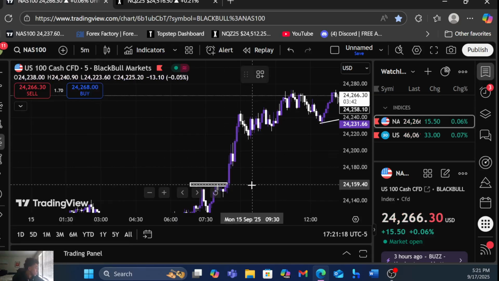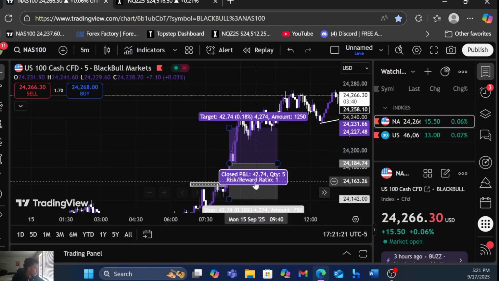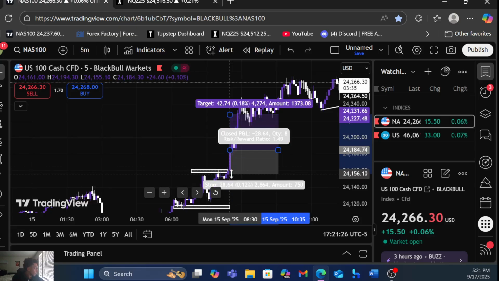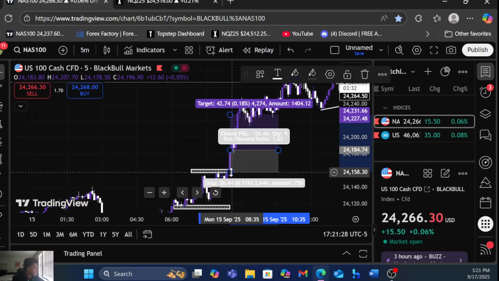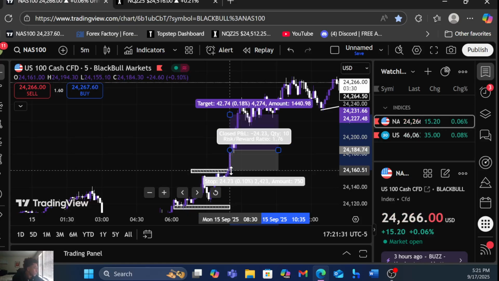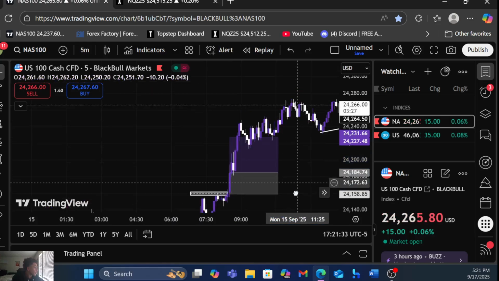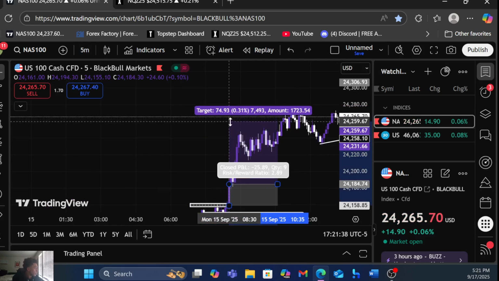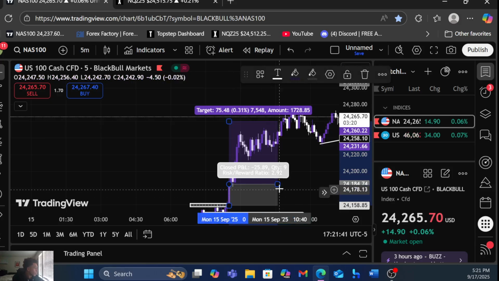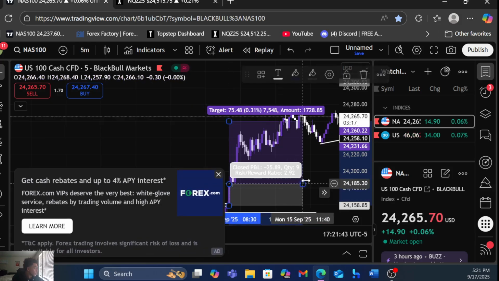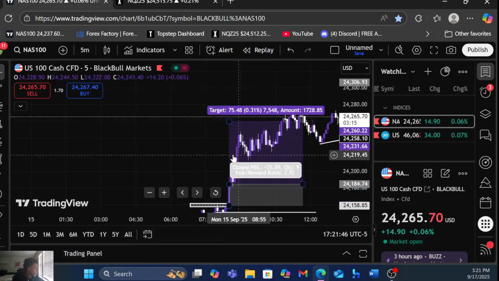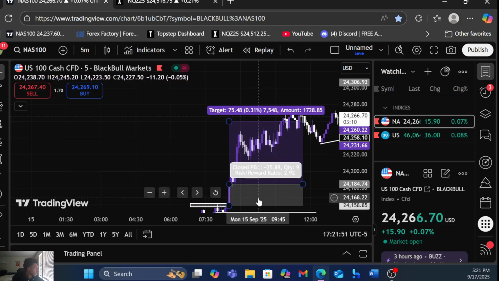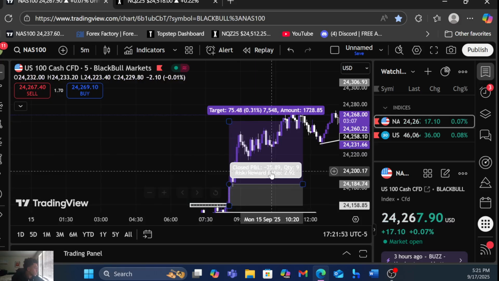Yeah, so this would be fine for me, just because when we do move, we move a lot. So if we are going here and we're going 25 point stop, honestly, on this day would have been perfectly fine for a 70 point or 75 point take profit. We would have smacked. Now, it would have taken us all the way until